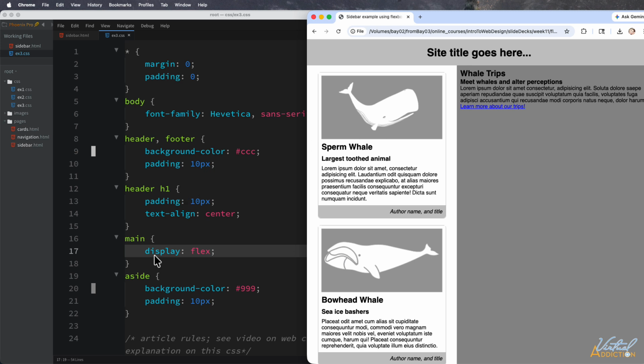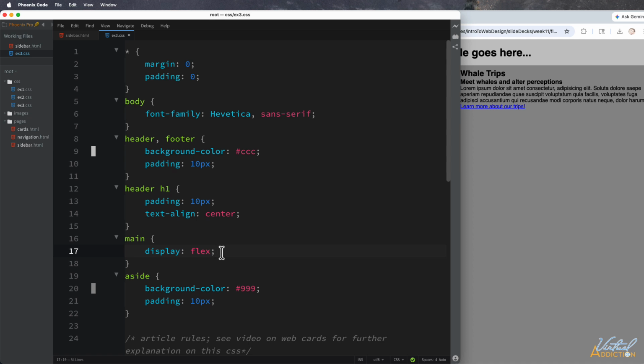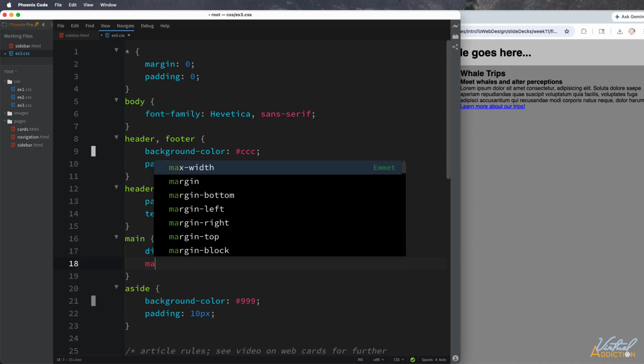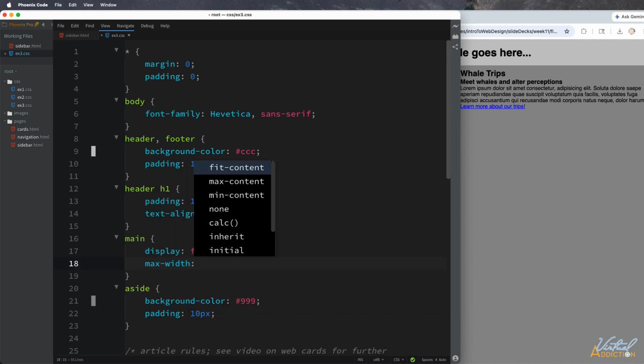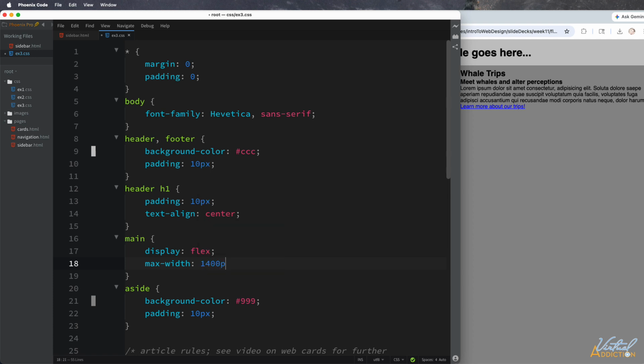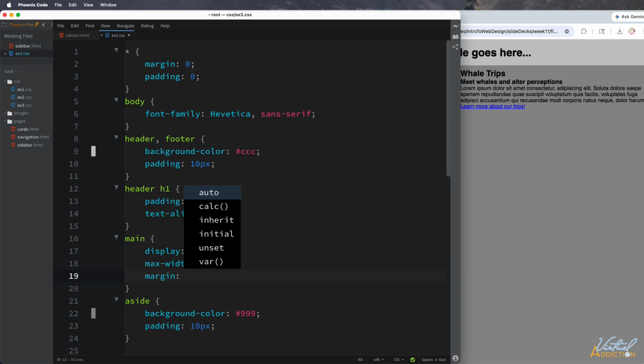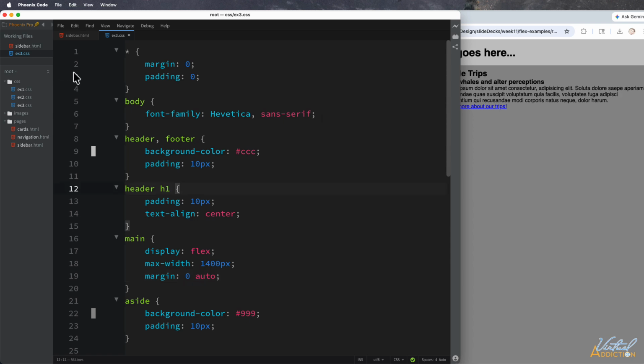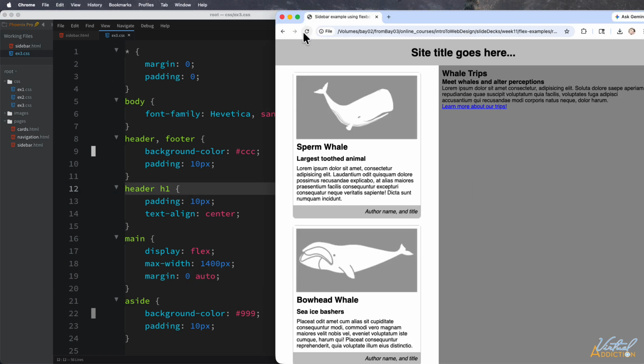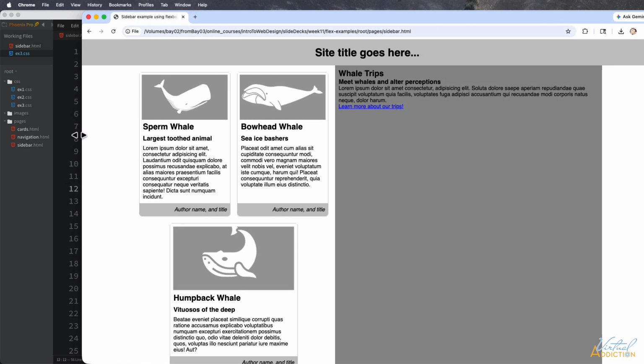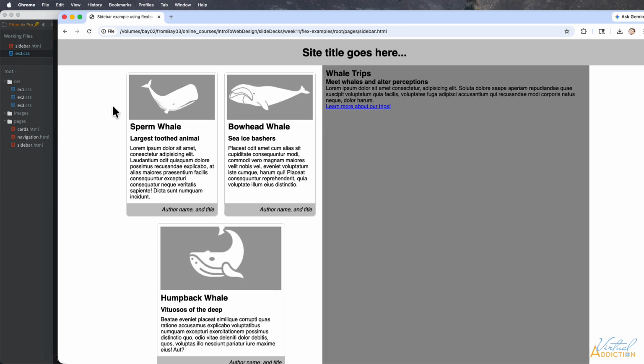So what we're going to do here is we need to modify our code slightly. The first thing that I'm going to do is give main a maximum width. This will prevent main from getting too wide if I'm on a really large monitor. In addition to that, I'm going to add a margin of 0 and auto, which will simply center this as a unit. If we save this and we refresh our page, when the page gets really wide, you can see that the content is not going to extend to the very far right and left edges